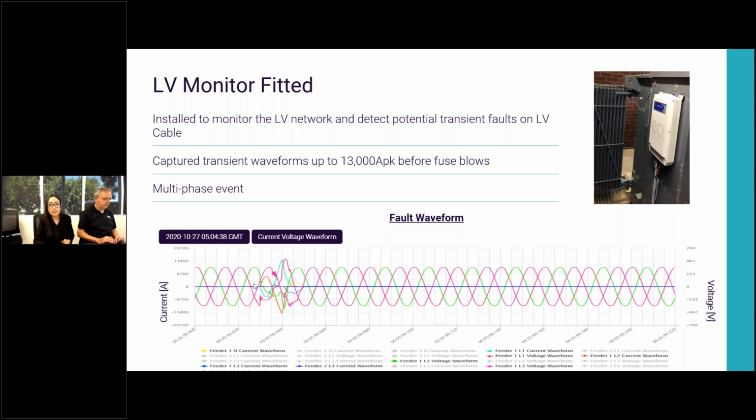We can see here phases 1, 2, and 3 within feeder 1, and we can see that the current is peaking at 13,000 amp. This is the reason why the fuses are blowing. We also can see that this is a multi-phase event. So we then further analyzed the waveform